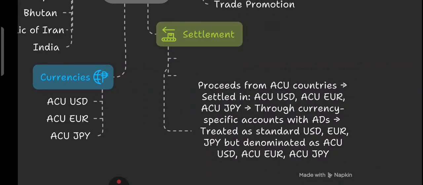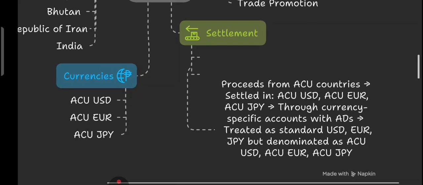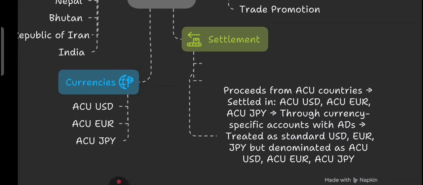Now let's look at the working. How does it work? When two member countries trade, the proceeds are settled in ACU USD, ACU Euro, ACU JPY. Then they go through a currency specific account maintained with the authorized dealer, right? The currencies are treated as standard foreign currency but are just denominated under the ACU system. Smart, seamless, and region friendly. So that is the Asian Clearing Union, a brilliant example of regional collaboration,